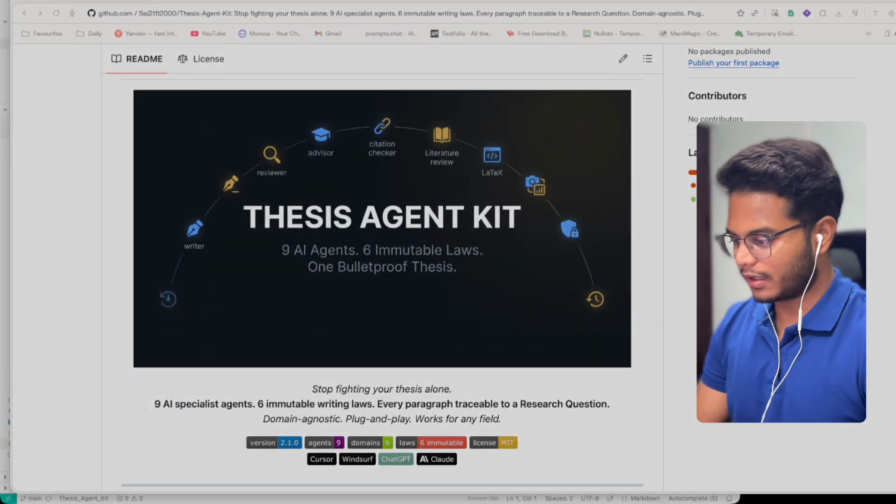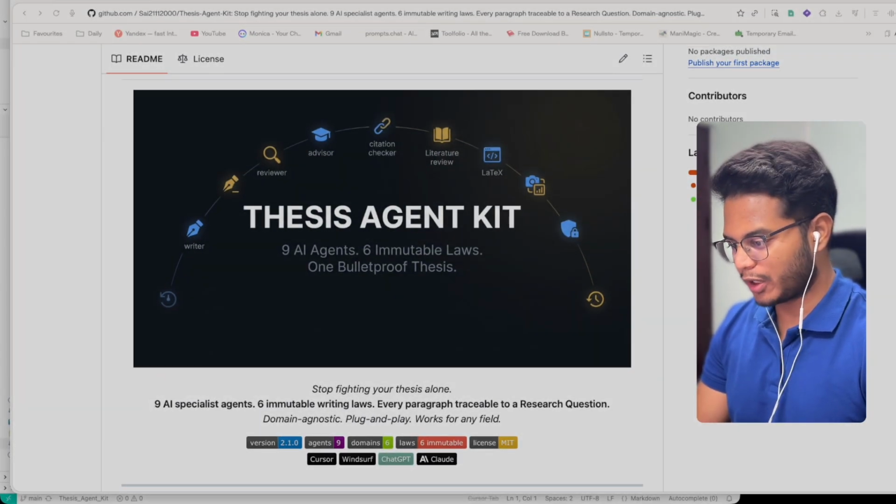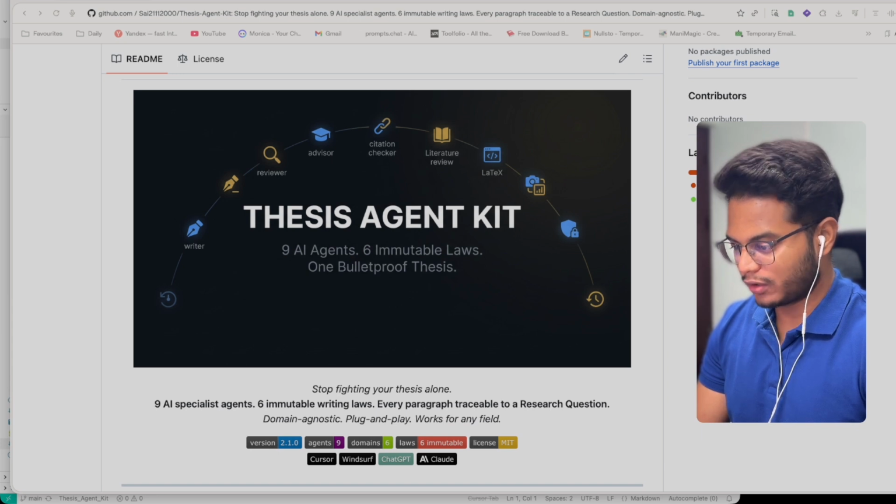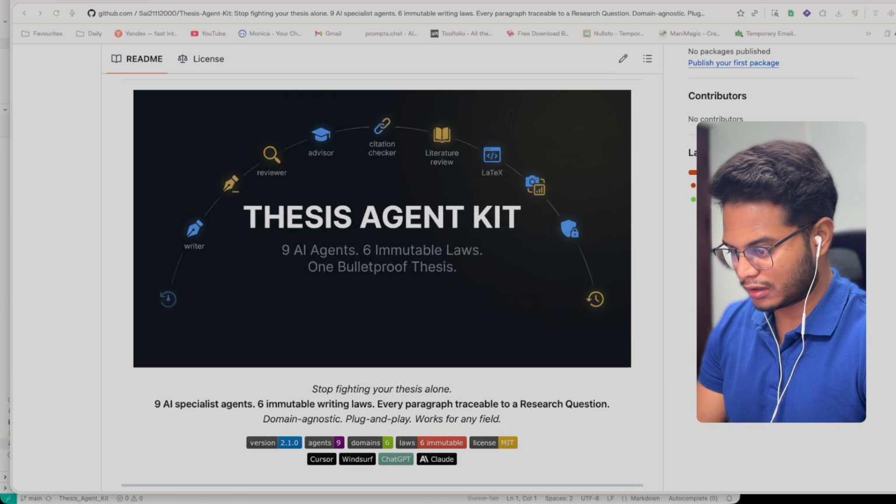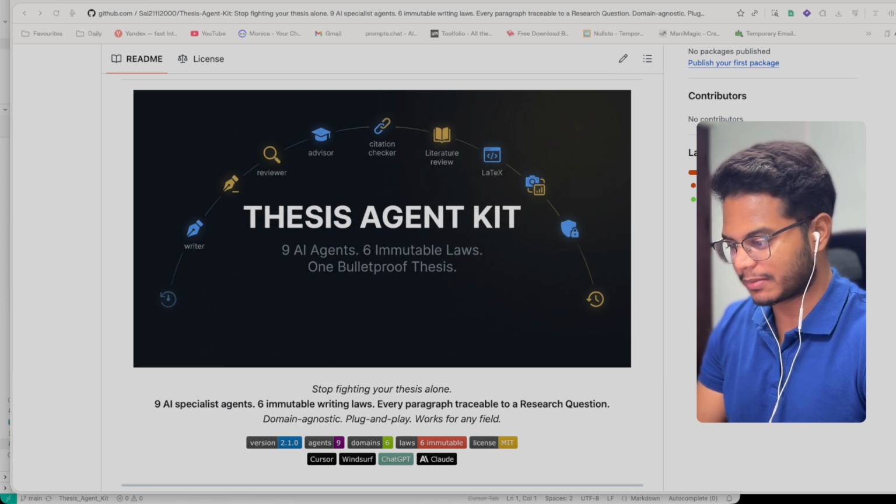What if you had 9 AI specialists helping you write your thesis and none of them could hallucinate? Hi, I am Sai. I built Thesis Agent Kit while writing my own thesis on oil palm segmentation at the Asian Institute of Technology. It helped me get a Q1 journal paper accepted and define my thesis. Today I will show you what it is, how it works, and how you can start using it in 15